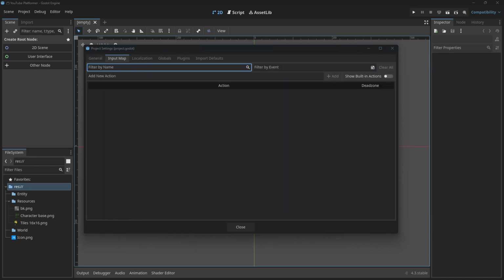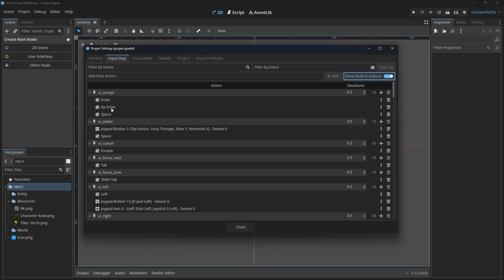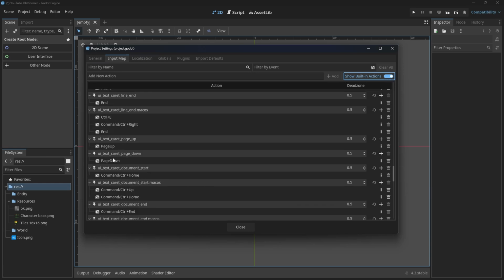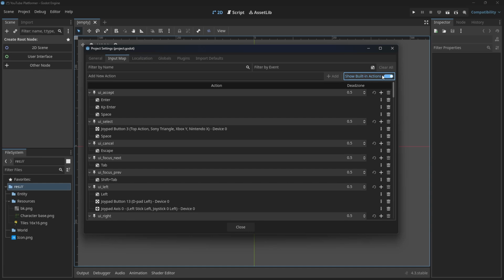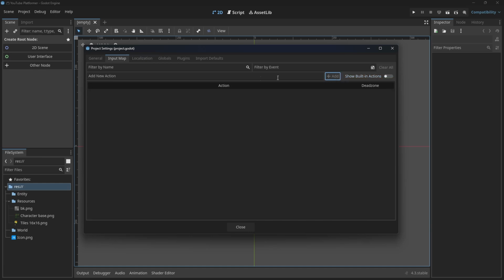Alrighty. Next up is our input map. And so this is where all of our inputs are. The way input works in Godot is it just gives us a list of inputs that we define, and then we can call those inputs whatever we want. So they have built-in ones, which are all like UI, and there's a ton of them. You can use those. I don't like to. I like to define my own, and I define mine